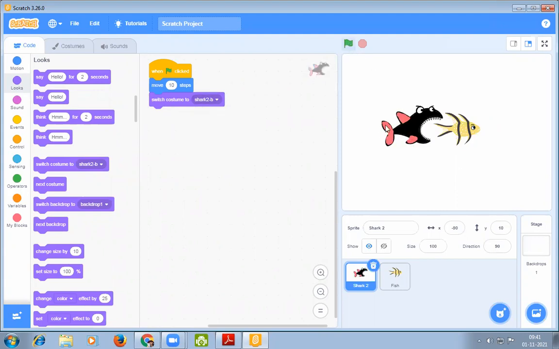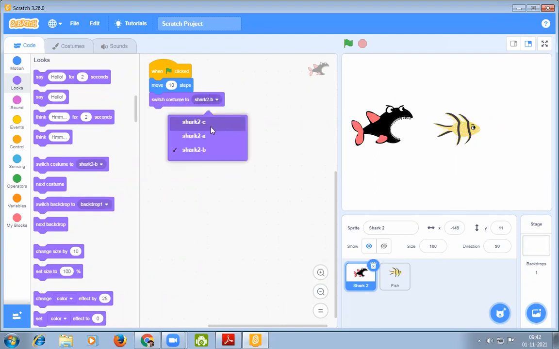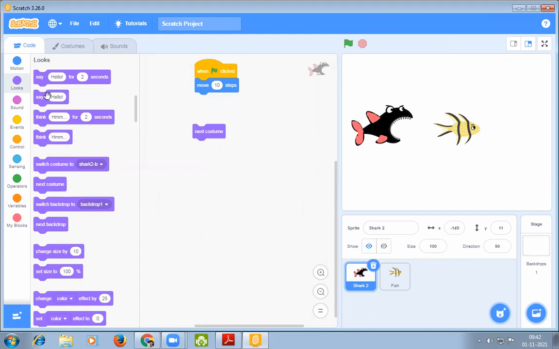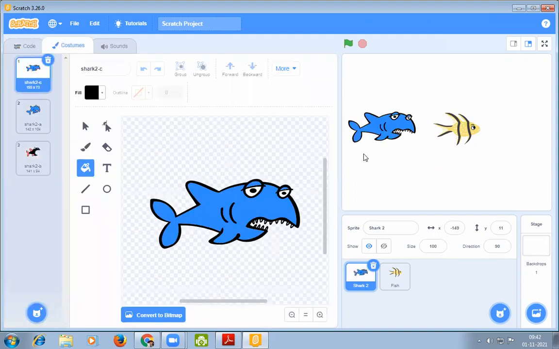Okay. So we can give the command that when clicking on the costume, it changes the appearance of the shark like this. Okay, put the shark behind the fish.